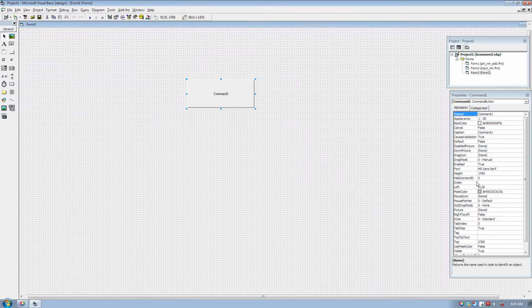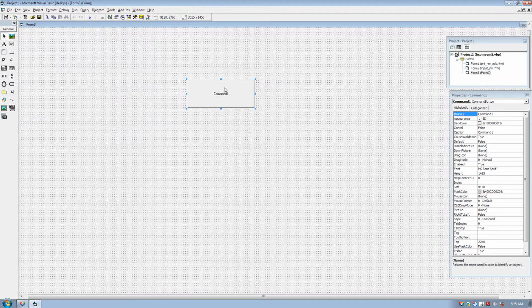When we set properties from the properties window, it is called setting properties at design time. We are designing the form, and at that time we are setting the properties.